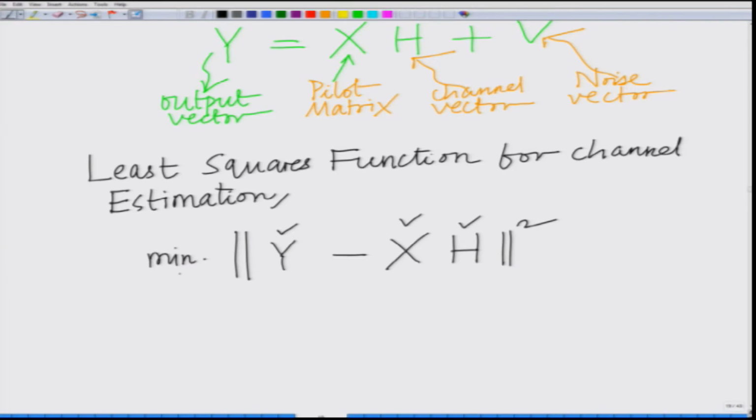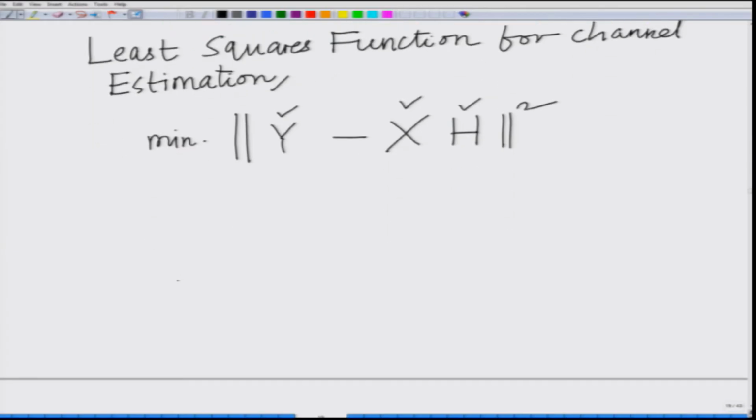That is, minimize the least squares cost function: minimize norm of Y check minus X check H check whole square, and the least square solution, therefore the channel estimate H hat, remember, is